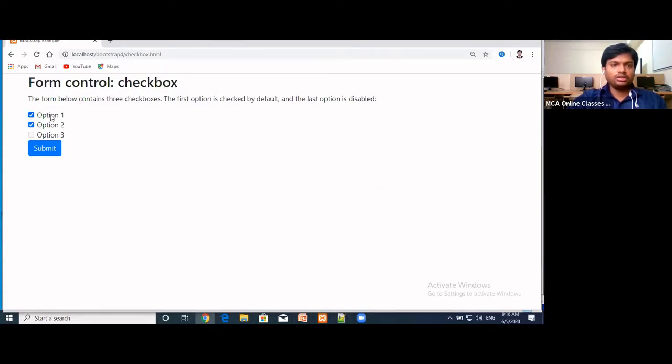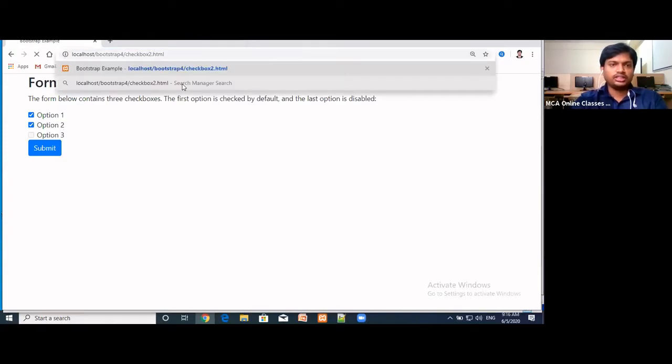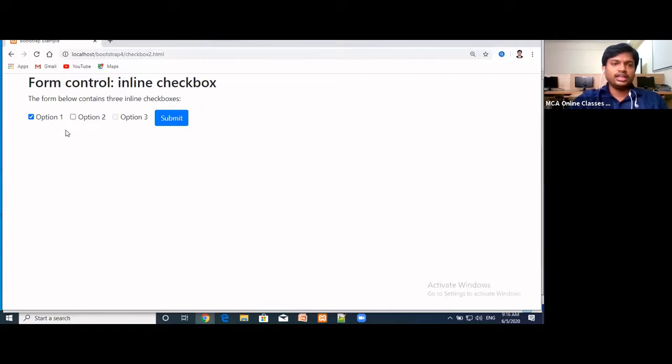Now the options are on separate lines. If I want the options to be displayed in the same line, we can go for the inline class, where all the options will be displayed in one line.